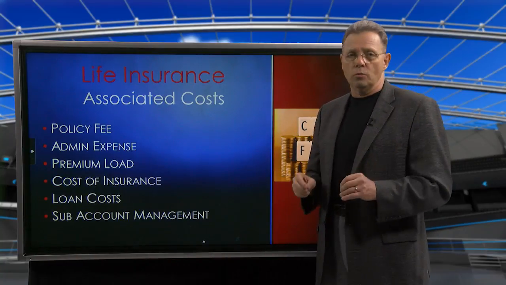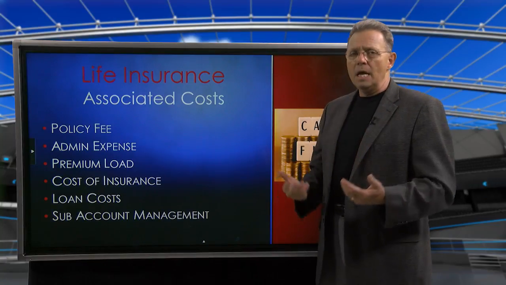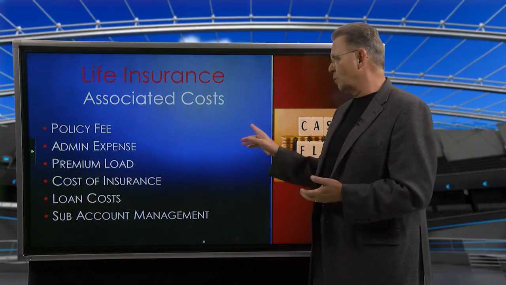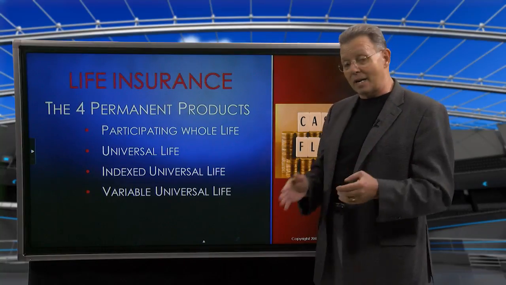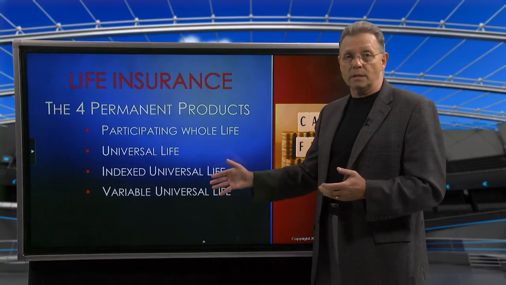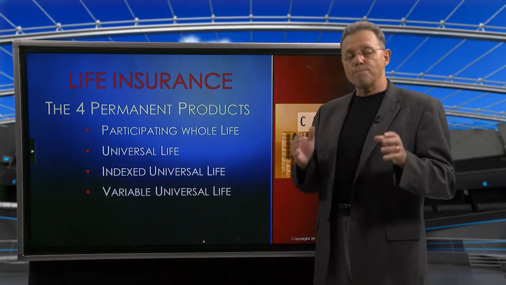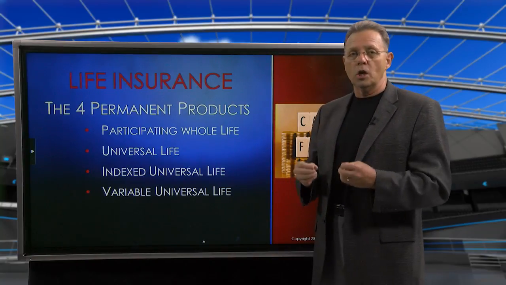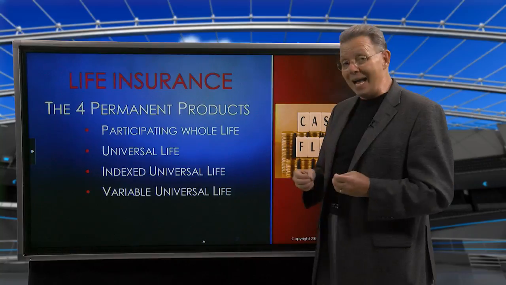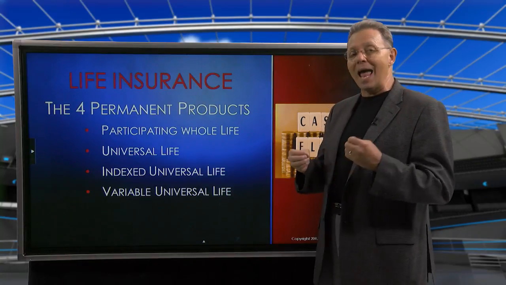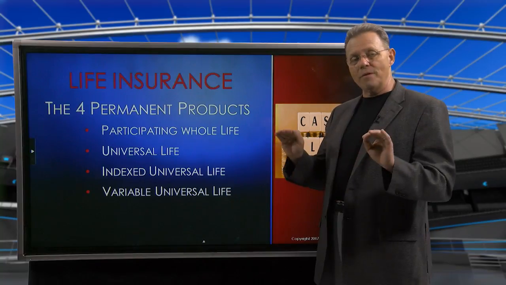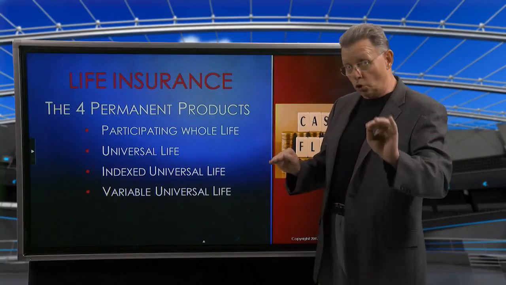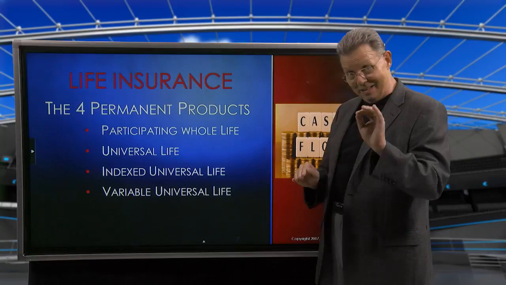Now, in my view, to take up as an example, if I wanted to know when is the crossover rate, I'd have to schedule that out and figure out, but before I did that, I'd have to figure out what permanent product I have. There are 4 permanent life insurance products that I can use for cash value accumulation and tax-free policy loans and withdrawals to basis, as long as I keep the policy in force for the life of the policy insured. Whoever the policy insured is, that's the person that has to stay alive.